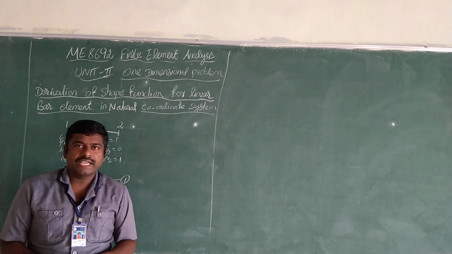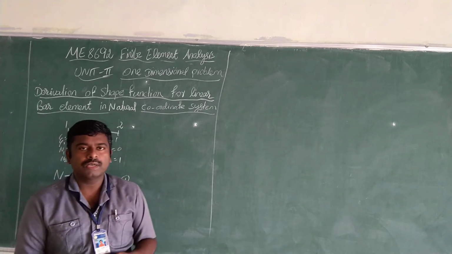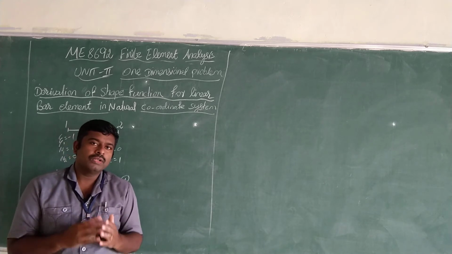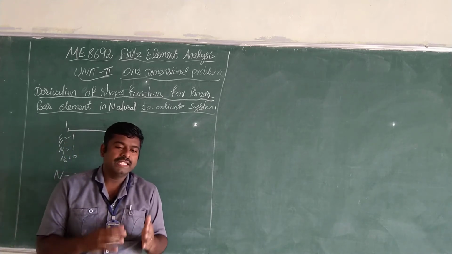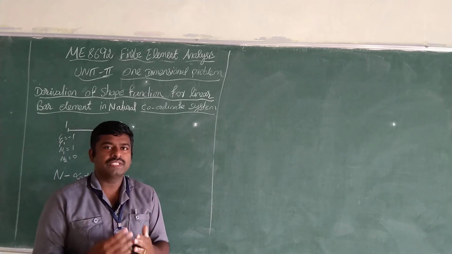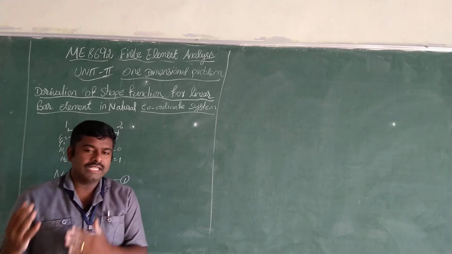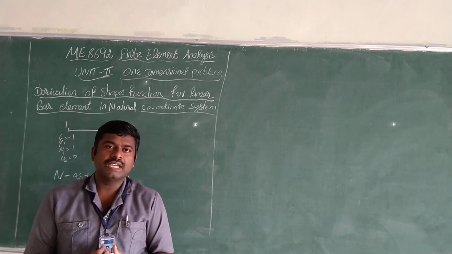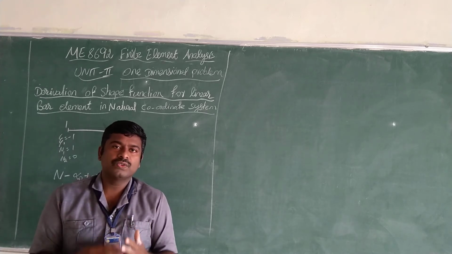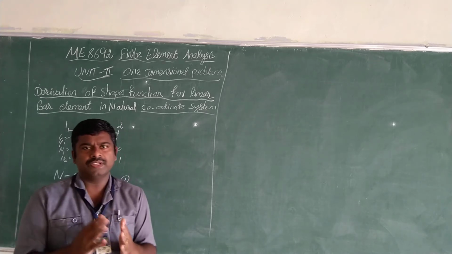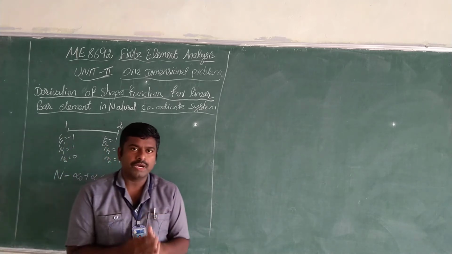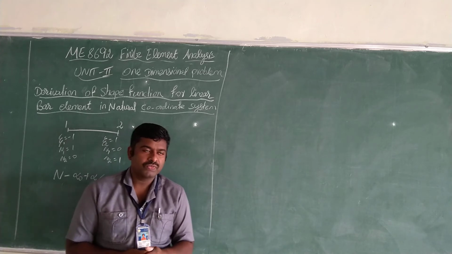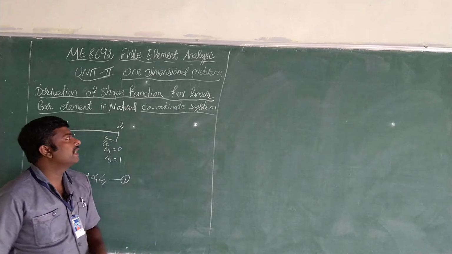Coordinate systems are of three types: global coordinate system, local coordinate system, and natural coordinate system. Global coordinate system means a point in the structure is defined by using coordinates, and that system is known as the global coordinate system. Local coordinate system means in finite element analysis, separate coordinates are used for each element, and that is very useful for determining the element properties. But for the final equations, we use the global coordinate system. And the next one is the natural coordinate system.